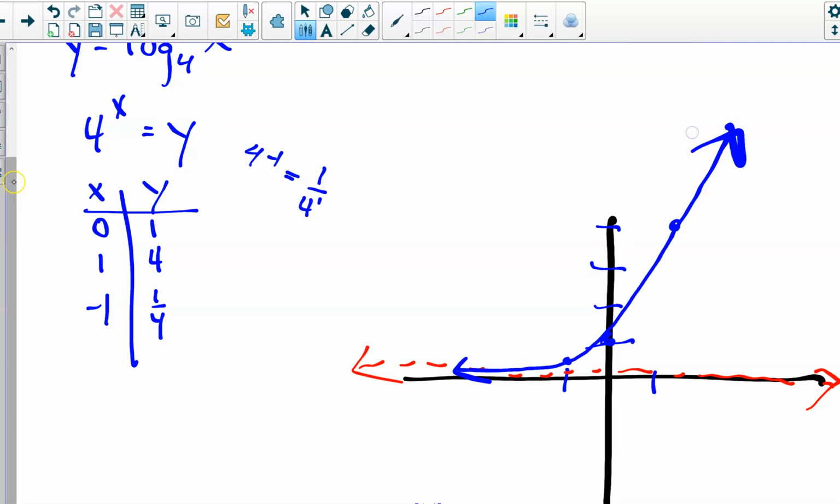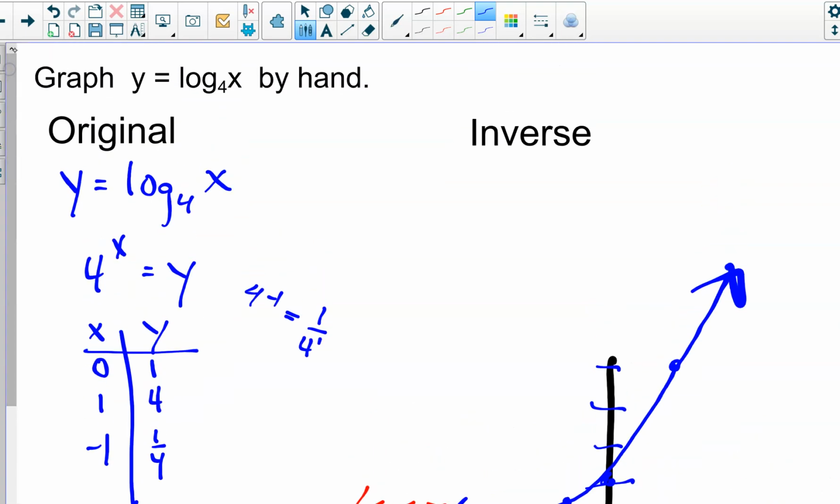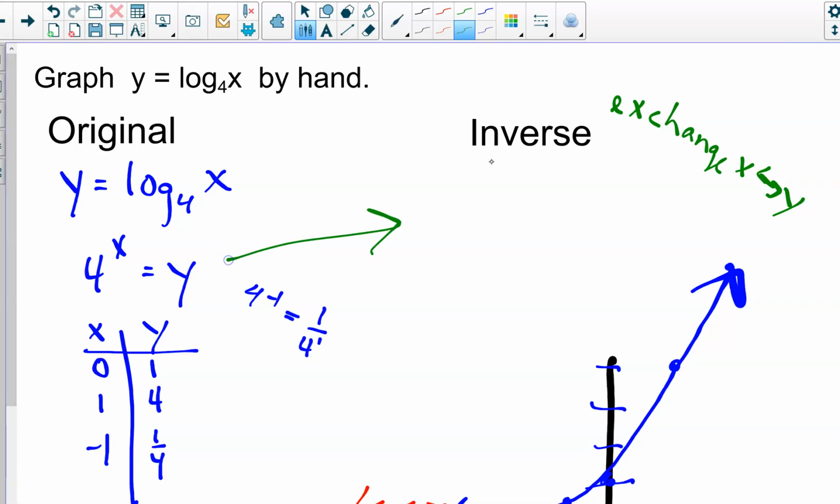There's my first one. And then if I was going to graph the inverse, think of the inverse as you would exchange x and y. So if I'm going to exchange x and y, this is going to be 4 to the y equals x. And if I'm just exchanging x and y, if I were to plug in for y, that would be the same as the x. So remember, we're